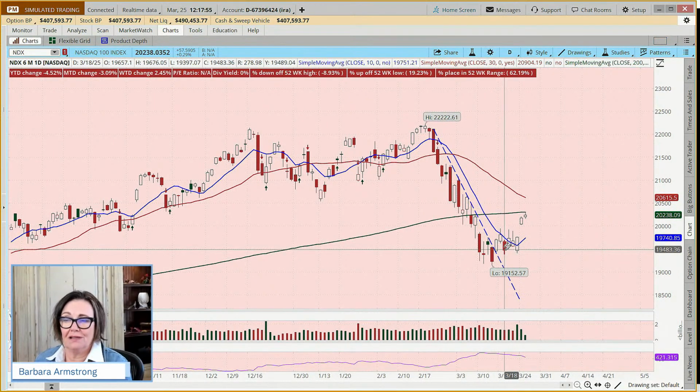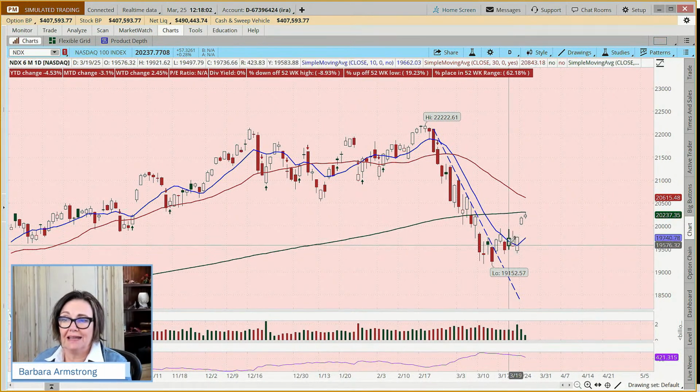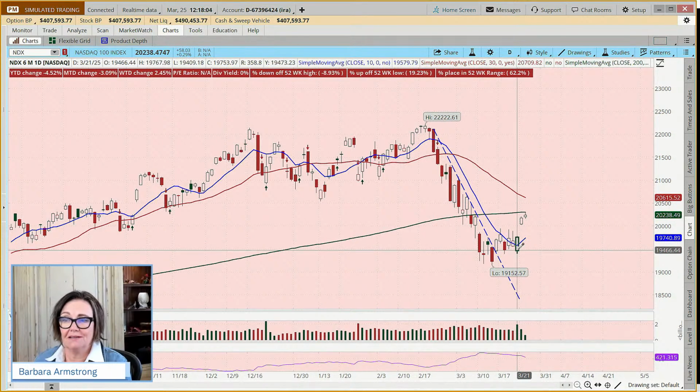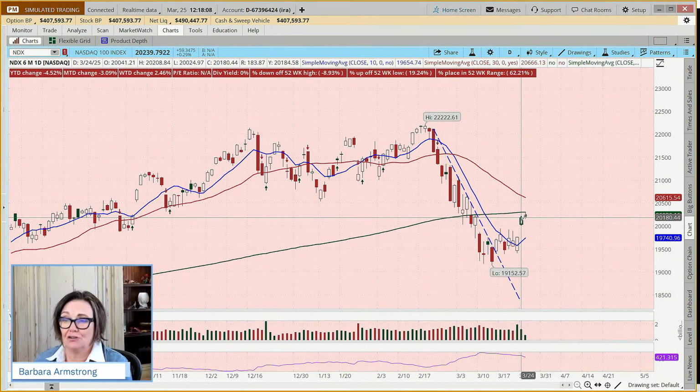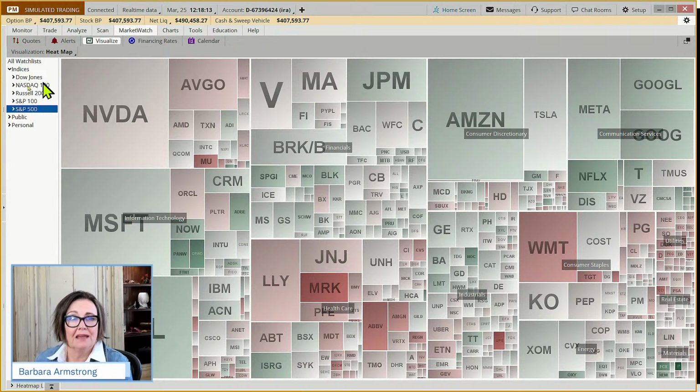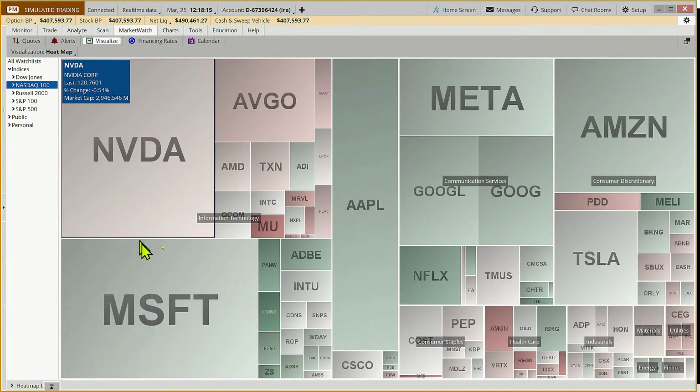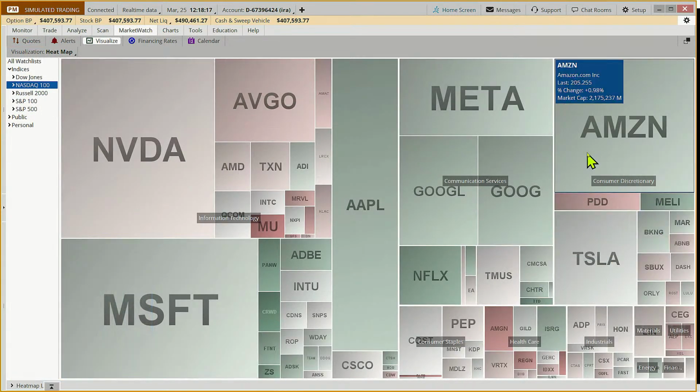Now, is it uncommon for it to retest? Not at all. And then we had 3 days of kind of consolidation. And then yesterday gapped up really dramatically. And today, again, following through. And if we come over to the Market Watch tab and we look at the NASDAQ, a lot of green on the screen. Now, a little less green than yesterday.